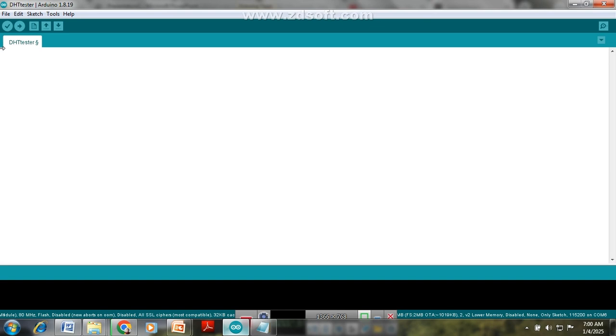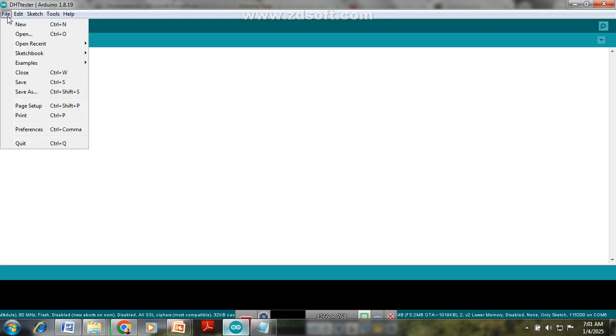So the apparatus required is a NodeMCU, PIR sensor or HC-SR501, breadboard, jumper wires, and a micro USB cable. Arduino IDE is the software. So this is the apparatus required, and then the procedure: select the Arduino IDE icon. After opening, go and click the